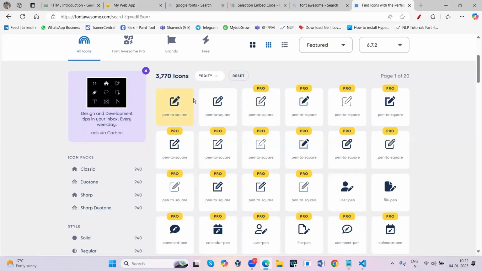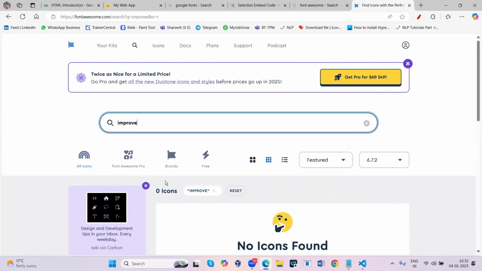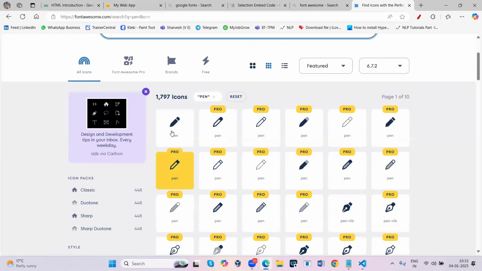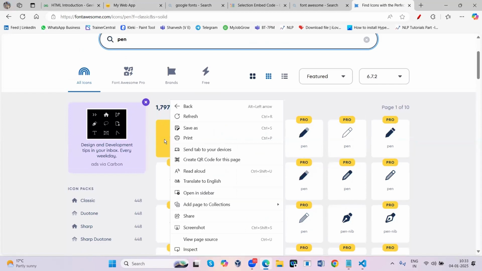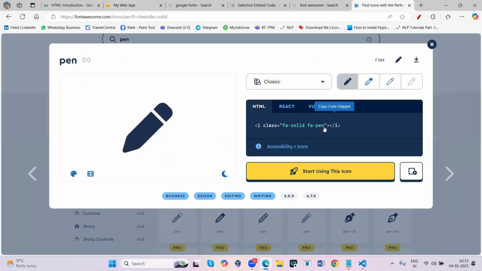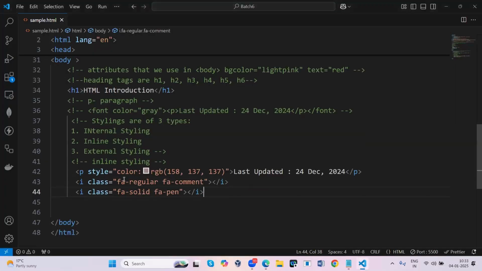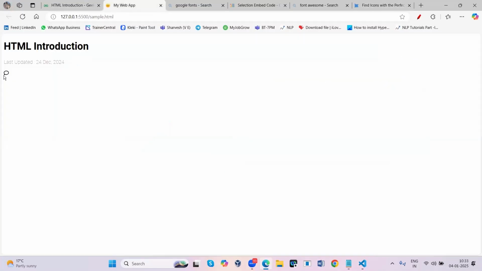Sometimes it will not understand our language, okay? So we'll see if it is there, it's not getting seen. So that's why what I will do, otherwise you just type it for pen, and we'll see what kind of things come. So you are getting this kind, meaning you just give understandable words. Okay. So here I'll just copy this one, just click this, it is going to provide a snippet. Copy it and paste it in your document. Now you can open and check that the icon will also be seen here. Just see, you got it here.